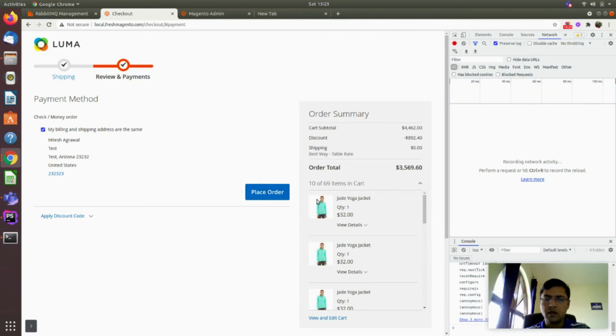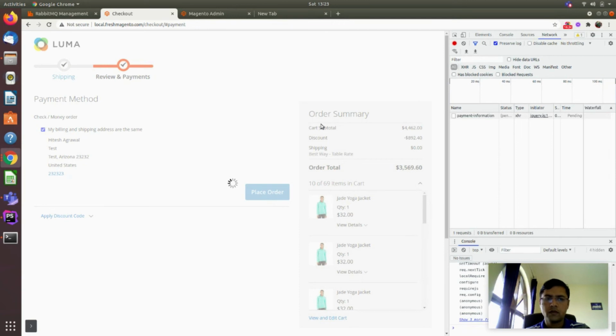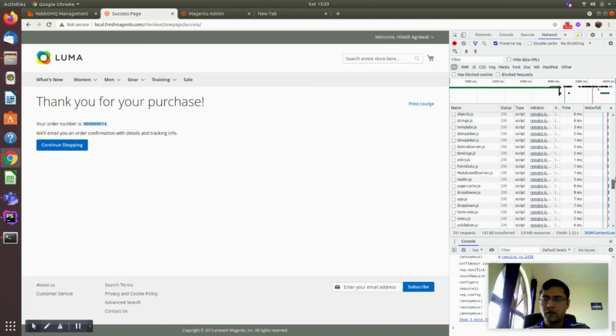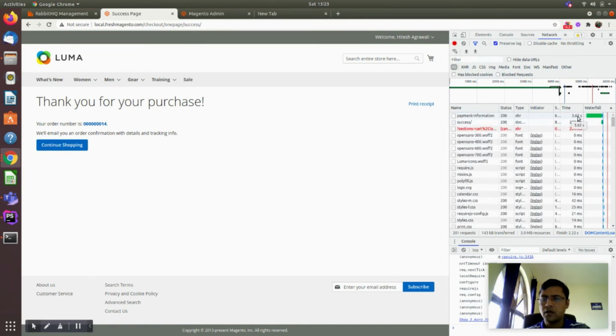Now you will see the time here, how much time it is taking to place the order. You will see 3.62 seconds. Earlier it was taking more than 10 seconds.